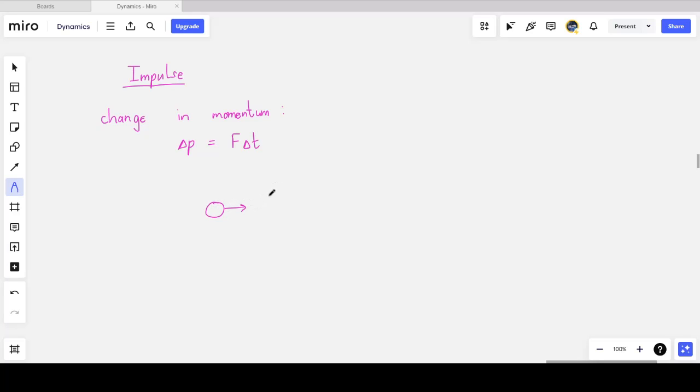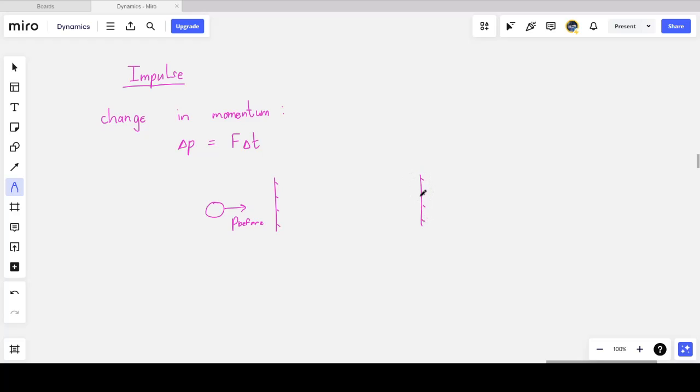So here's a ball moving to the right. It's approaching a horizontal wall. It could be a squash ball, for example, and it has some momentum. So it has some mass, obviously, and it has some velocity. So the ball approaches a wall. It then